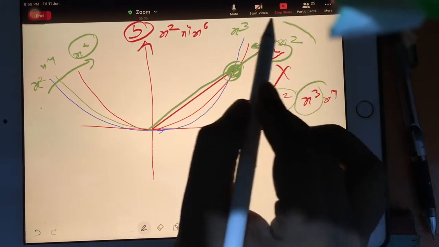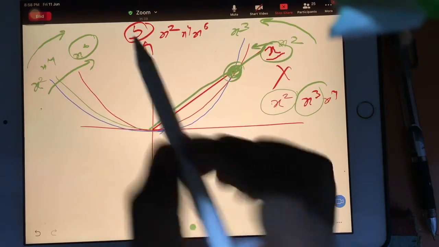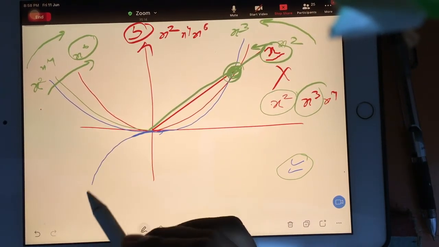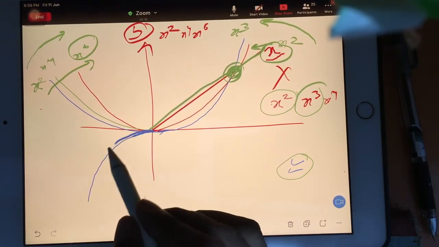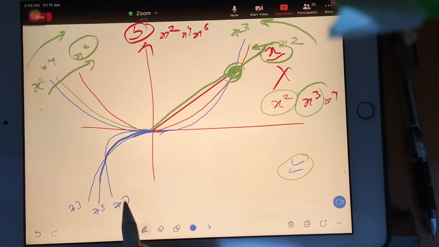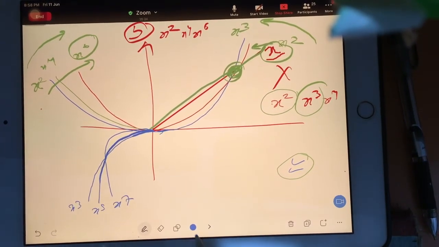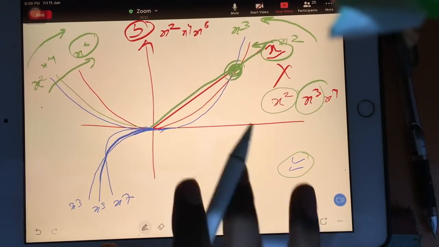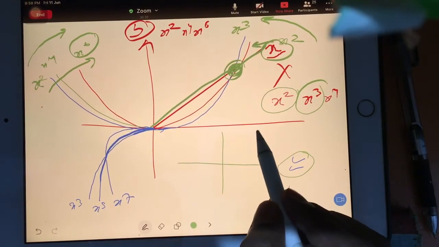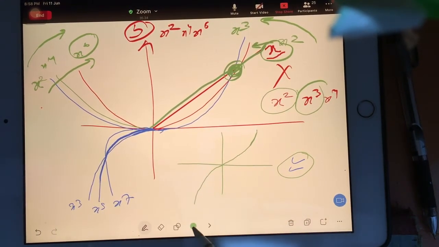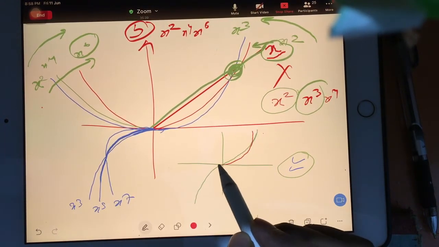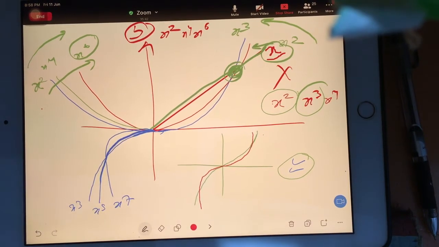Okay, you can see here x square to x cube I am going. So here also x square, x power 4 will go, and all the cubes, I mean all the odds, will turn in this way, like this. So this will be your x cube line, then x5 line, then x7 line, like this. And make the good diagram. Actually my diagram is not good, so I mean to say this kind of smooth lines will come.